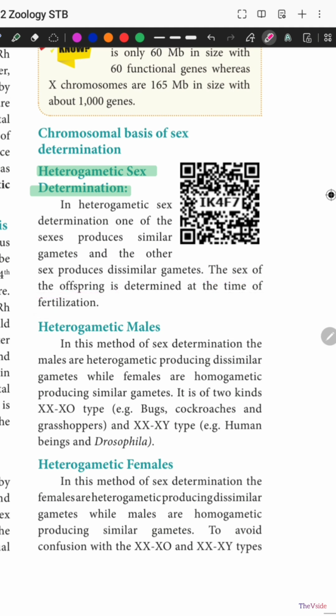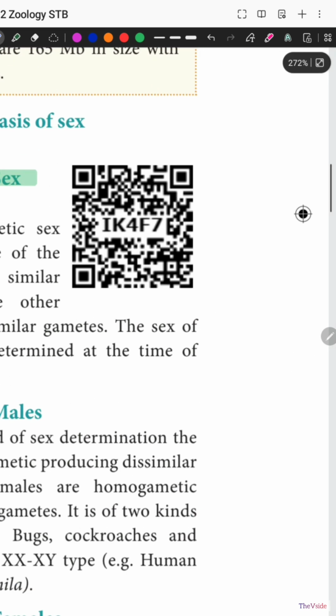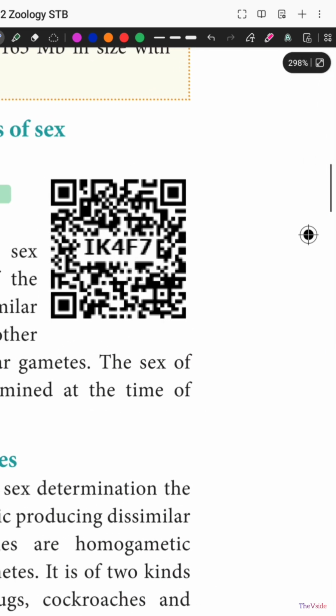So what they are trying to tell here is we will be having two types of sexes, right? One will be the male sex and the other will be the female sex. Here in heterogametic type of sex determination, what do you mean by hetero? Hetero means different, whereas homo means same. Since this is heterotype, the male, for example, if we take humans as an example,